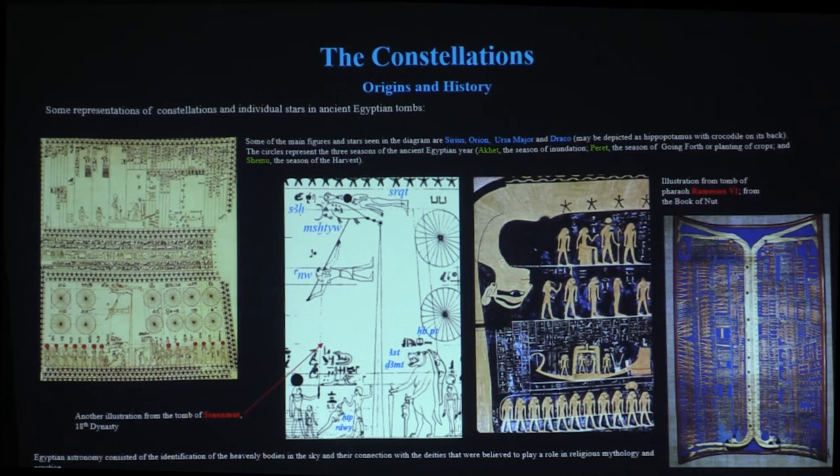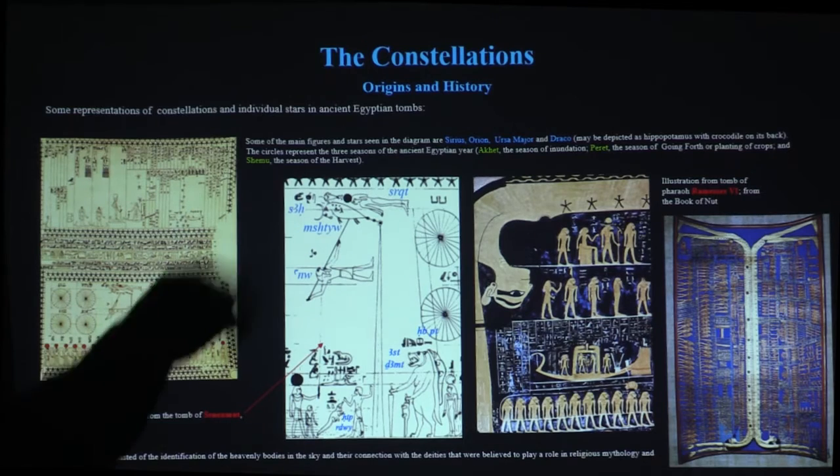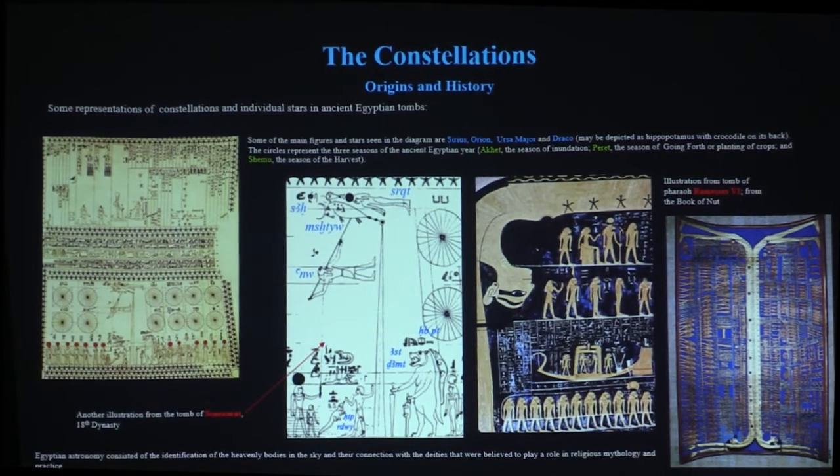And these stars have a dual purpose. One is religious and one is agricultural. So if you look down here, you can just make out these circles. The Egyptians had 3 seasons, Akhet, Peret and Shemu, and they were 4 months each. So the year was divided up into 3 seasons of 4 months. So starting in July, 4-month period, you had the Akhet, which is the flood. Nowadays you don't have a flood because you've got the Aswan Dam. So the Egyptians control the water flow through the Nile. But in those days they didn't.